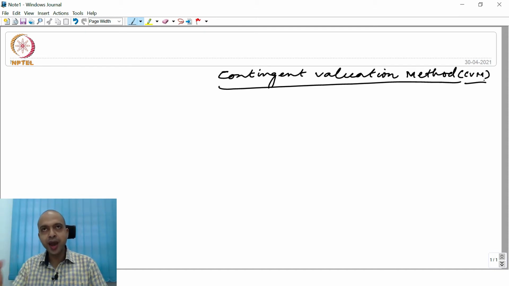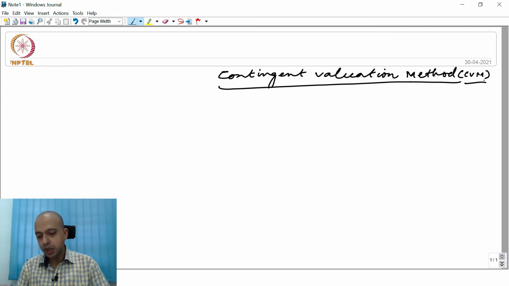That means how you will actually conduct a study to estimate willingness to pay or total economic value for some environmental goods and services, right? And I will also share with you an empirical paper where it is discussed step by step what are the different steps that you should follow in an empirical study to estimate willingness to pay for environmental